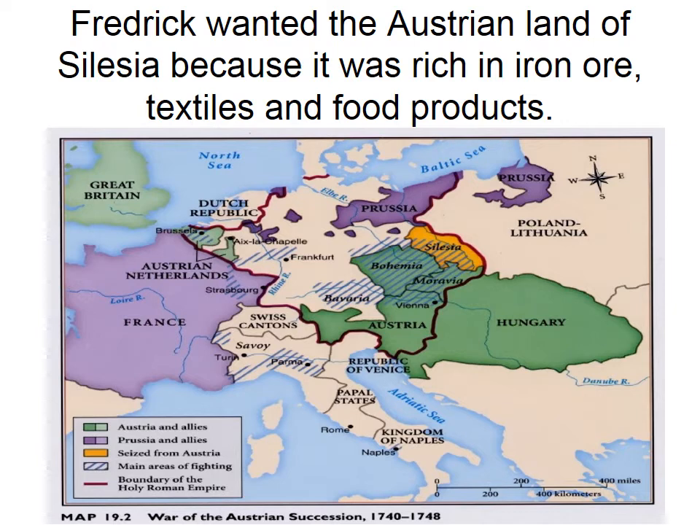So it was difficult for Prussia to become powerful, and as a result, they wanted to gain more land so that they could be richer. And Silesia was rich in iron ore. It had several areas available for textiles and also food products. So we can see why Frederick, of course, wanted to take over this land. And he thought that by claiming the throne as the next Holy Roman Emperor,